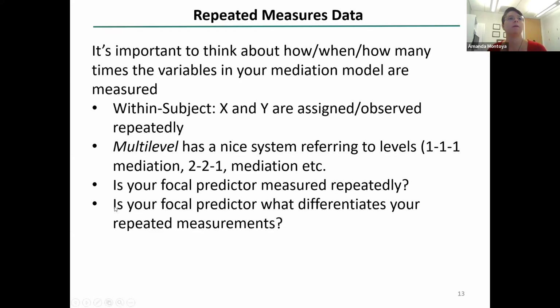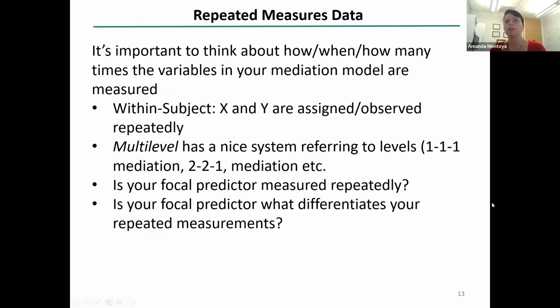One of the core aspects of what we'll be talking about in this workshop is that the focal predictor is what differentiates your repeated measurements. Like the hot and the cold room, the thing that we are very focused on is the temperature of the room as some kind of causal force. And if I had you in a hot room, but you were in a hot room 3 times, then what differentiates the repeated measurements isn't the focal predictor. That is something else that is important to think about as you're classifying different designs into different buckets.